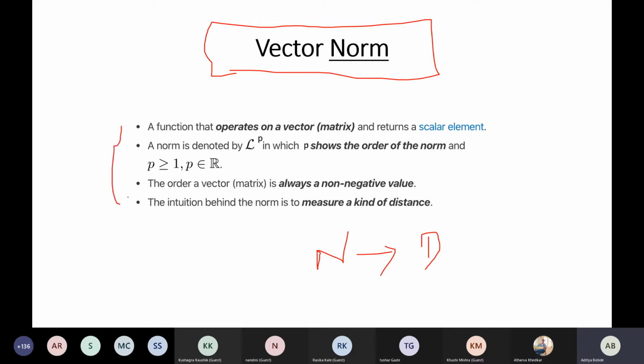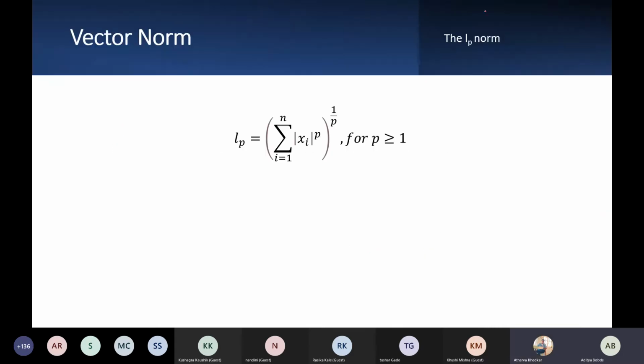Forget these definitions. The norm formula looks like Lp equals summation i ranges from 1 to n, modulus of xi to the power of p, and whole to the power 1 by p, where p is greater than or equal to 1. Okay, so this is a bit scary. So we'll substitute some values.